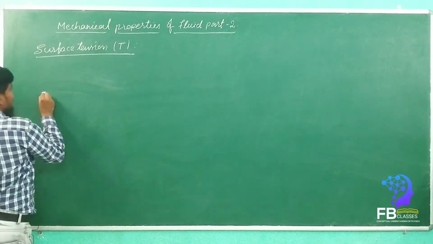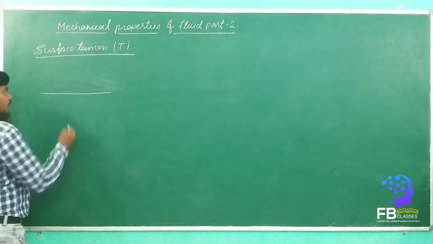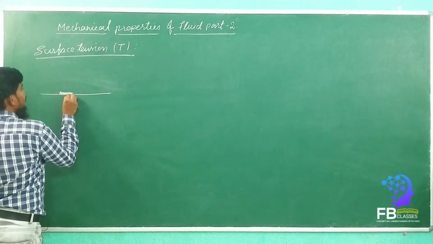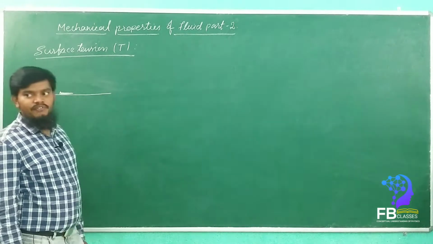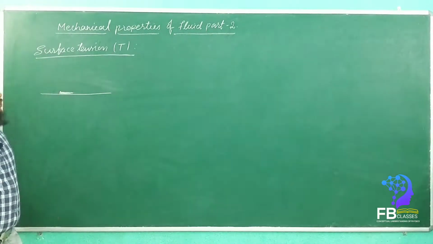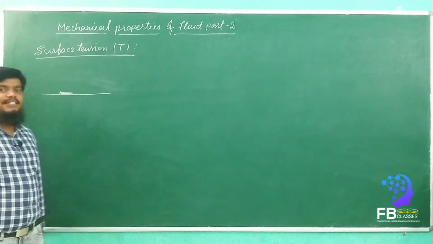See here, on the surface of a liquid, a needle is placed. This needle floats due to the surface tension. Yes or no? So first, can you please see the experiment, then we can discuss. Dear students, see carefully. Once we drop the needle into the water, the needle is floating on the water. It's only due to the surface tension. That means the weight of the needle is balanced by the surface tension along its length.